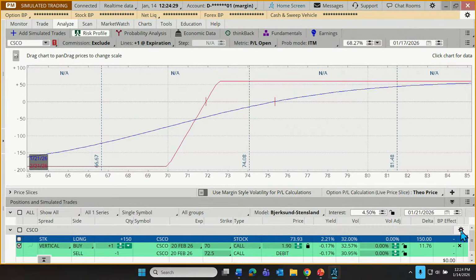Let me click on the little gear icon, and that's going to expose a volatility adjustment. So if you didn't catch that, by default, if you're looking around trying to find the volatility adjustment, it's not there. It's hidden under this customize gear. So I'm going to click on that. And this now allows us to make volatility assumptions. Not every trader makes volatility assumptions, but let's just say they think